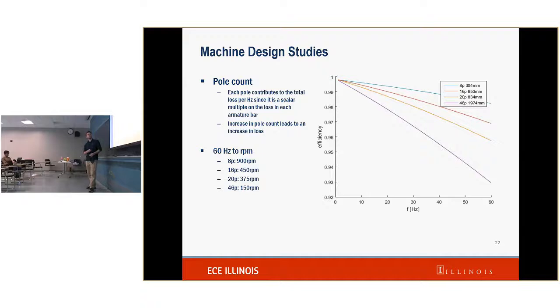This is somewhat important when you start thinking about applications, especially for something like a 46-pole, 2-meter radius machine. That's something that's more likely going to be some sort of offshore wind, right? So 46 poles at 60 hertz, that's 150 RPM. I'm more likely going to be operating down here, right? My 10 RPM or less. That's probably 2, 3, 4 hertz. So we're working pretty well at that, especially if we're talking about the 10 megawatt range that this